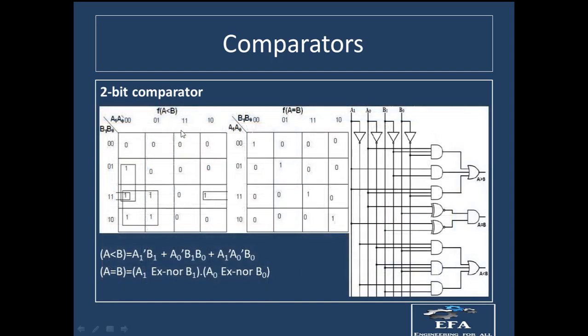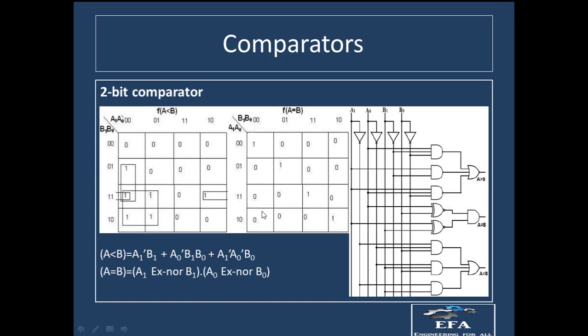So let us move on to the next one, that is A less than B. Again we have to put the values like this, and ultimately we'll be having this as the output. Then we'll be having A equal to B. So you can see over here that we're having ones in the diagonal position. Whenever we're having the ones in the diagonal position, the output will be either XOR gate or XNOR gate. So if we are having the ones in the diagonal position in this direction, then the output will be A1 XNOR B1, A0 XNOR B0.